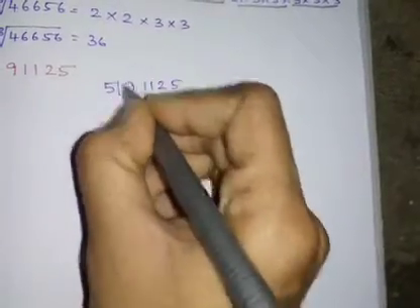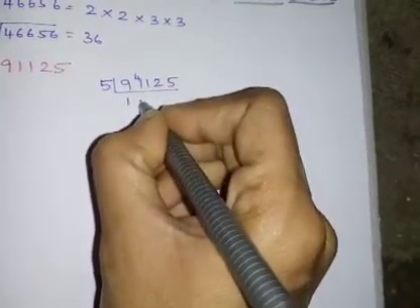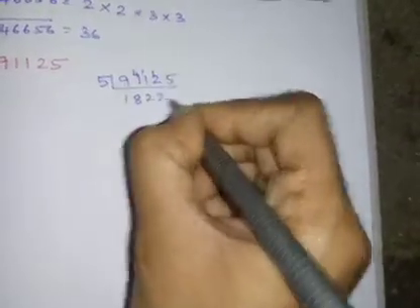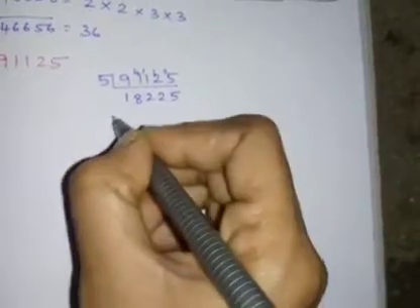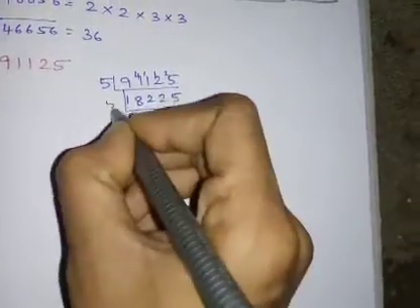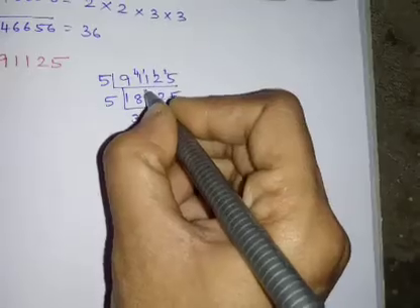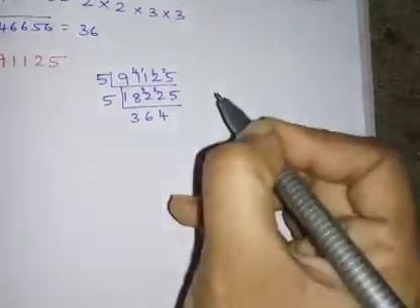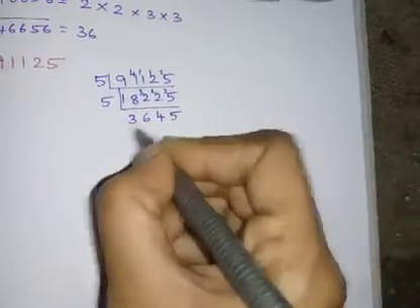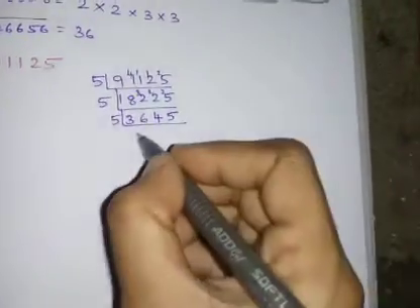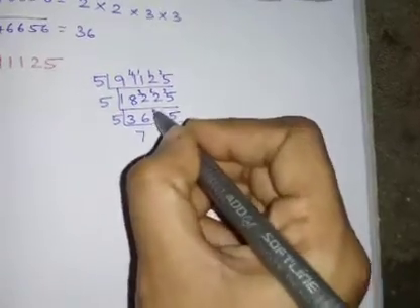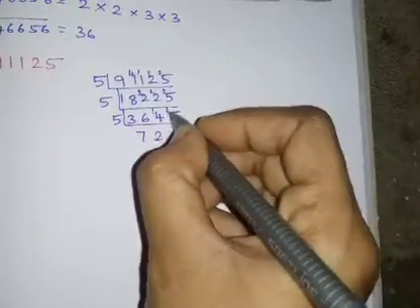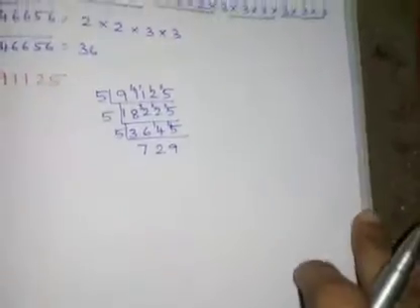91,125. In 5th table, 5 1s are 5, 4 remainder, 8 5s are 40, remainder 1, 5 2s are 10, remainder 1, 5 2s are 10, remainder 2, 5 5s are 25. Yes. Then again in 5th table, 5 3s are 15, remainder 3, 6 5s are 30, remainder 2, 5 4s are 20, remainder 2, 5 5s are 25. Then again in 5th table, 7 5s are 35, remainder 1, 5 2s are 10, remainder 4, 9 5s are 45.